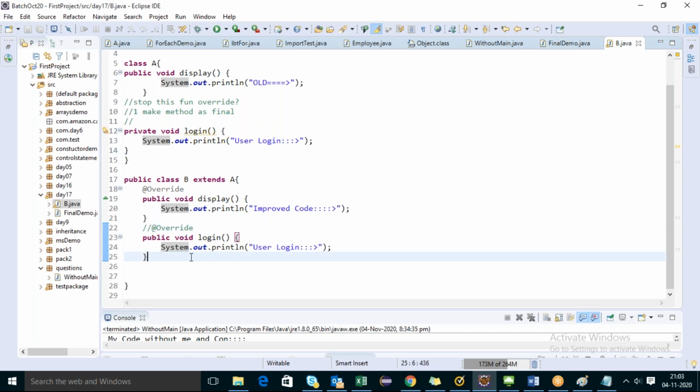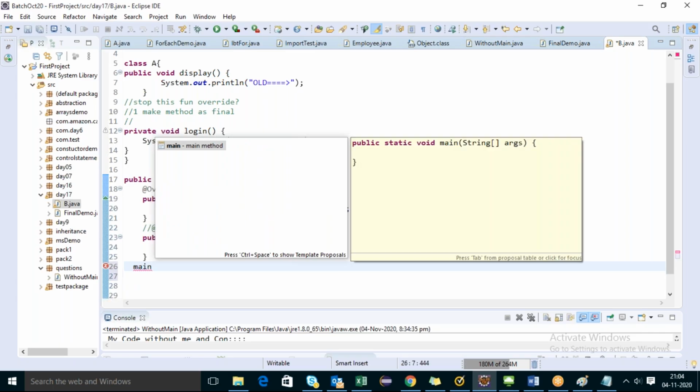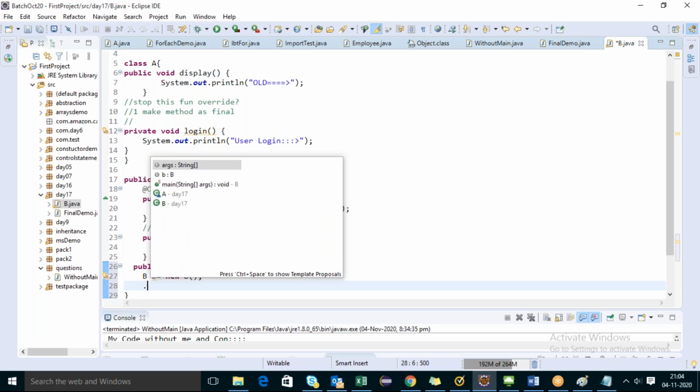Now try to execute this one. Which class object do I have to create, A class or B class? B class, because it is a child class, you can access both parent and child. B dot